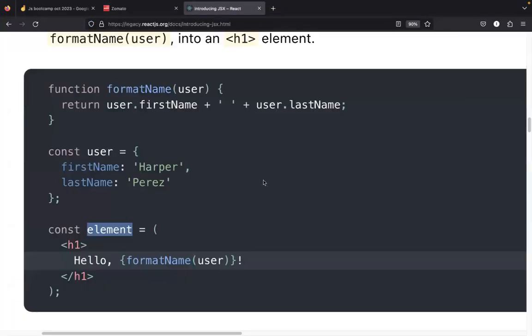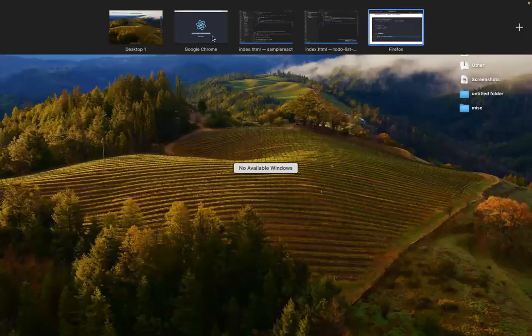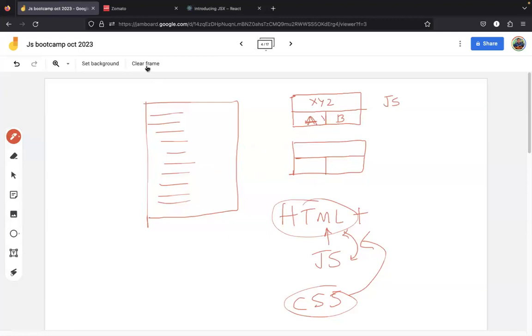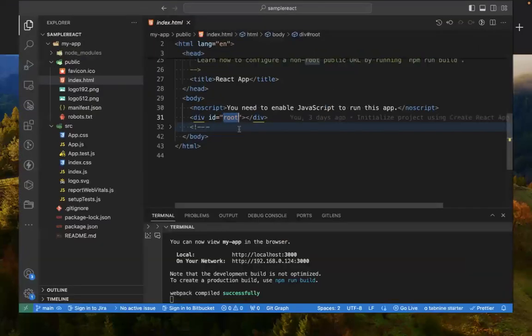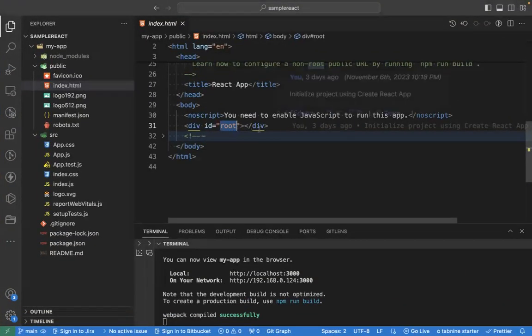So here, if you see, comparing it with the structure, I have an index page. In this index page, I have a division called root. This is what you have here, root, a small division. Now what exactly is happening? This is a static HTML, right? So what exactly is happening here is,